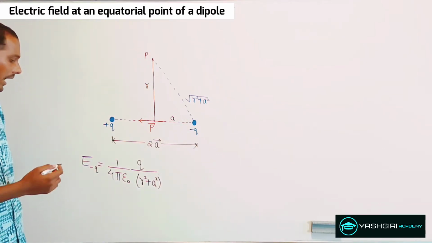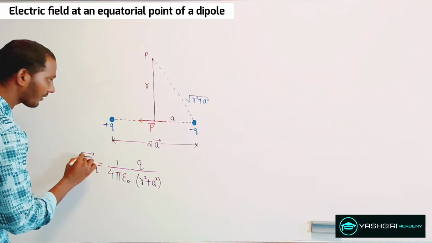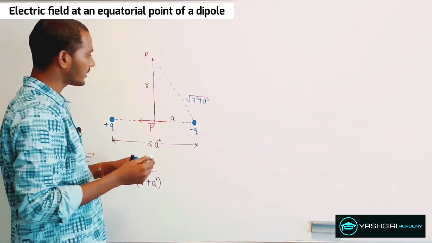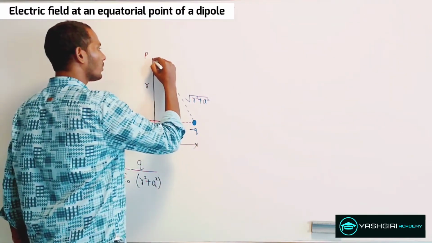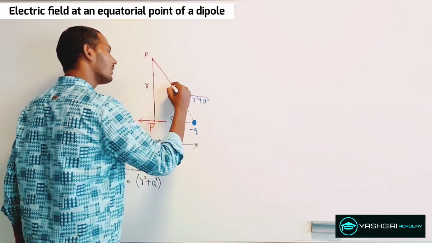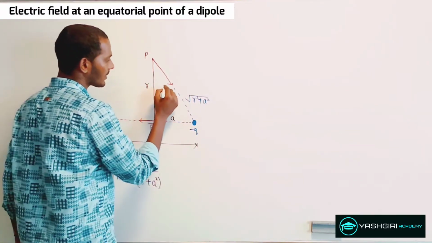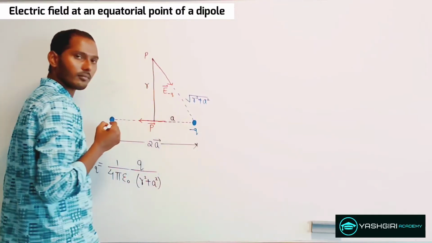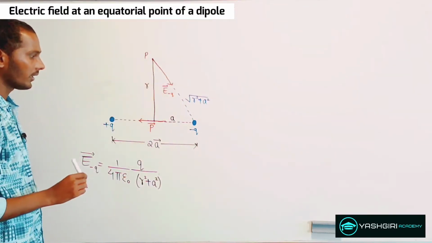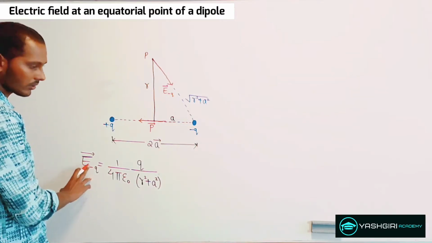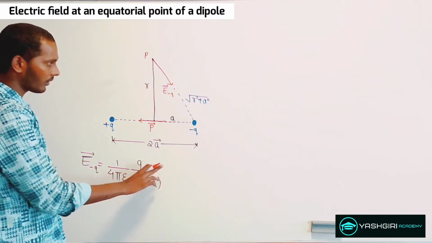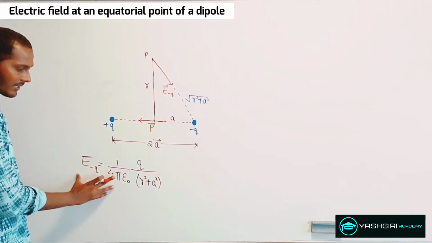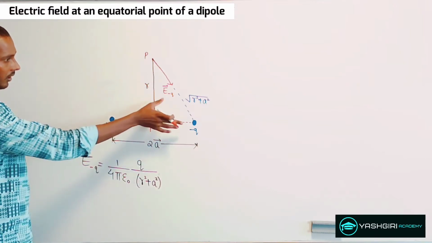Now here, how to get the direction for your electric field? The direction of this electric field will be pointing towards this negative charge. So I can show the direction of this electric field over here to be like this. So that's the electric field due to the negative charge, all right, which will be pointing inward. Yes, so this is the direction. I'll be writing this unit vector over here after some time. Okay, so let me keep it in the magnitude form. So that's the magnitude that I am getting from this point charge.